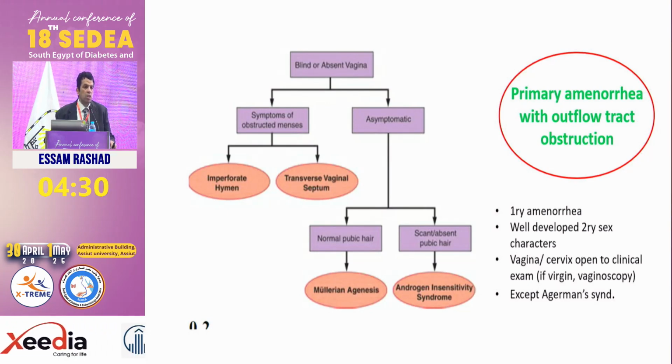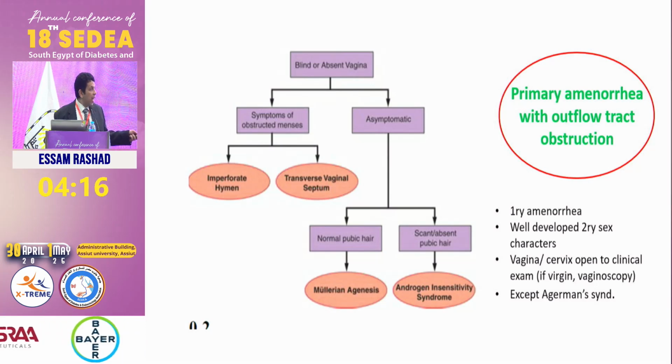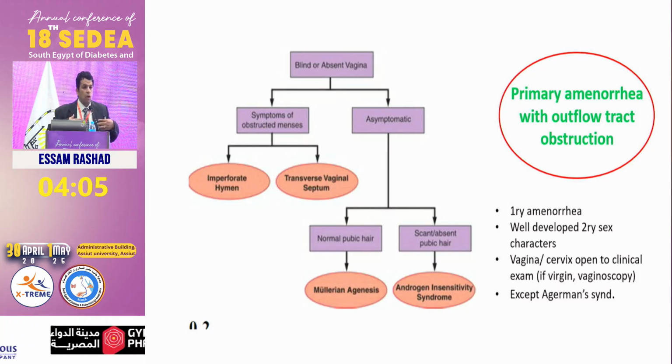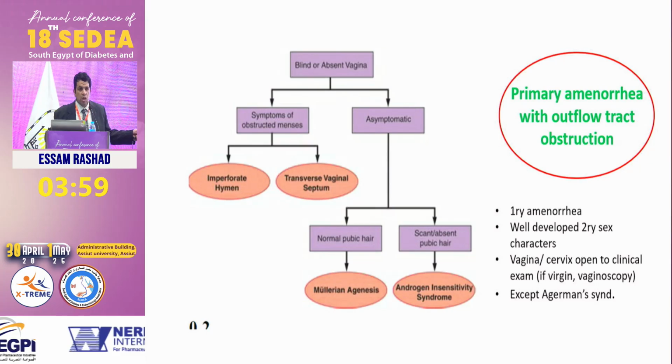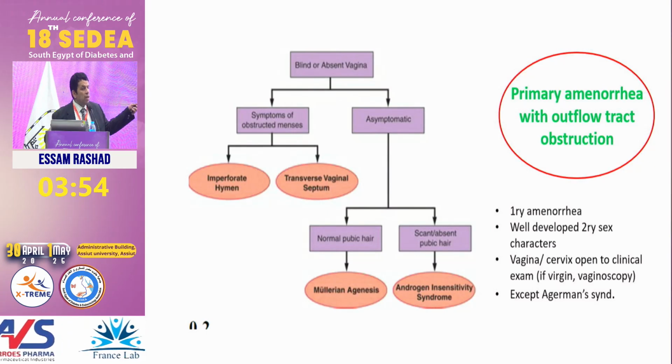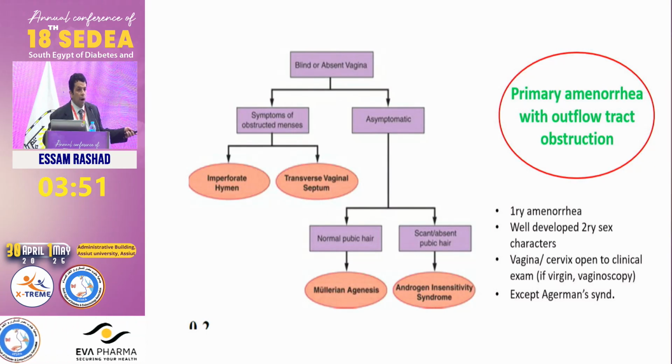He was born as 46XY with testes and androgens, but no receptors for the androgen. So the end result is the development of a female-like body. So this is a normal phenotypical female but with a blind vagina. And a differentiating point here is of course the karyotyping, and in the androgen insensitivity very scant or absent pubic hair. It's strange in this case because you find good development of the breast but no pubic or axillary hair, which usually develop together. But in this condition there is a discrepancy, with the breasts developing but no pubic and axillary hair. So again, this is the outflow tract and this is what you can come up with.